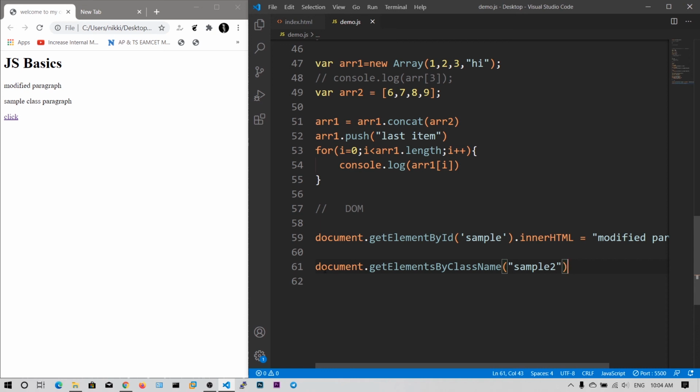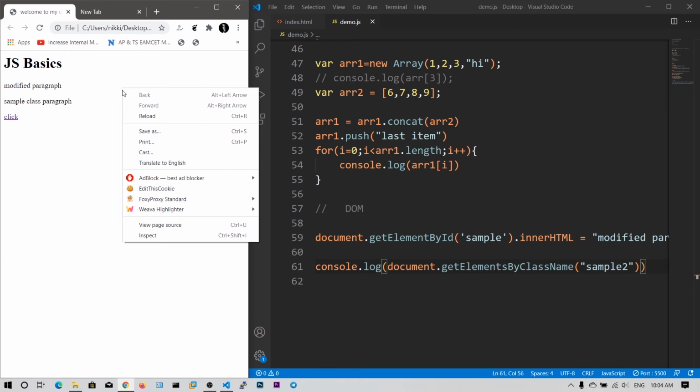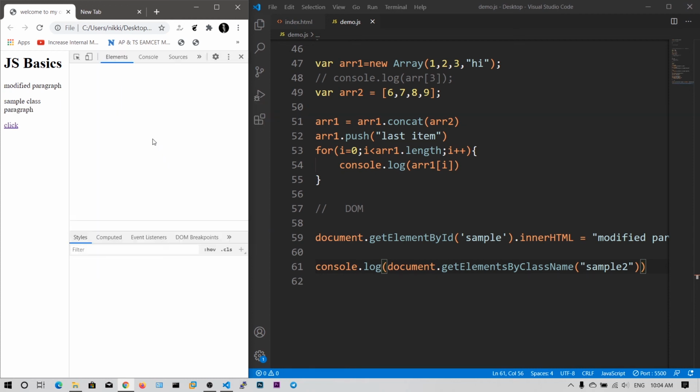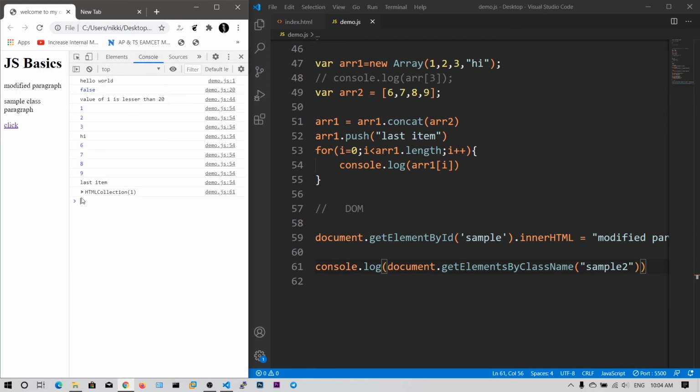Now what I want to do is first console.log this one. As you can see in the output we got the collection.